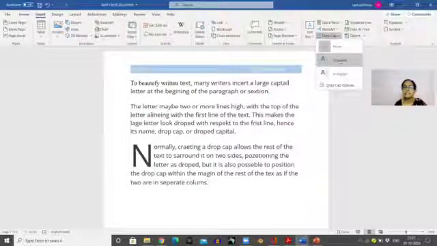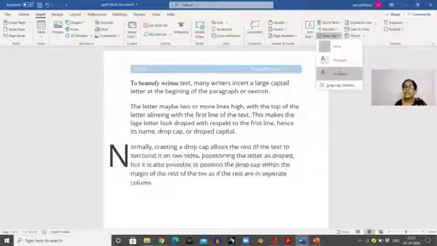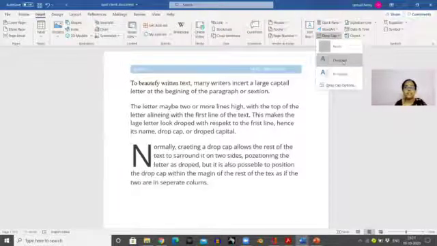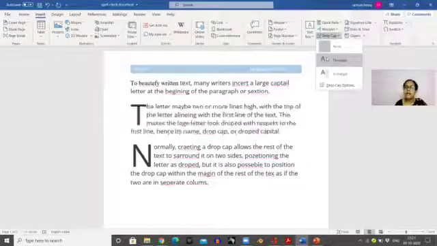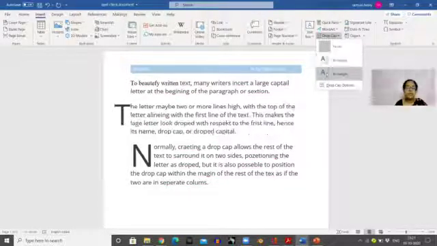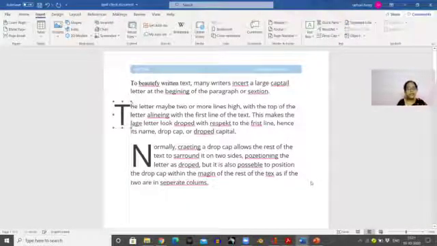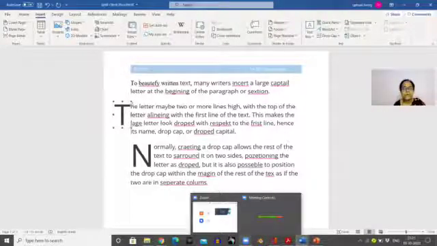It's come in the paragraph. The other is called in the margin. It's come in the margin. Let's see. So this is, I've used the first drop cap, it's come in a paragraph. I'll use another one here. Say I'll take for this. Let's see the next one. Drop cap, and then you select in the margin. Can you see how it is? This is the way the two types of drop caps are there.